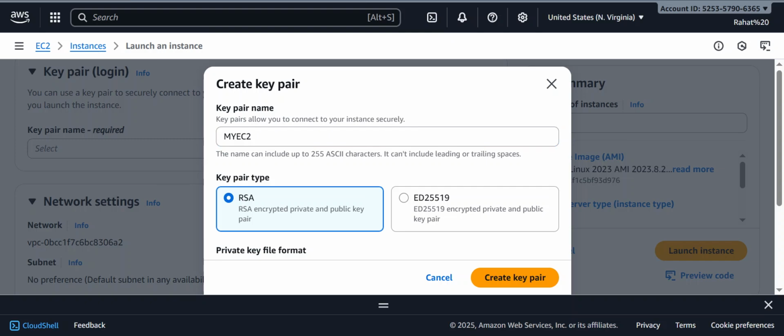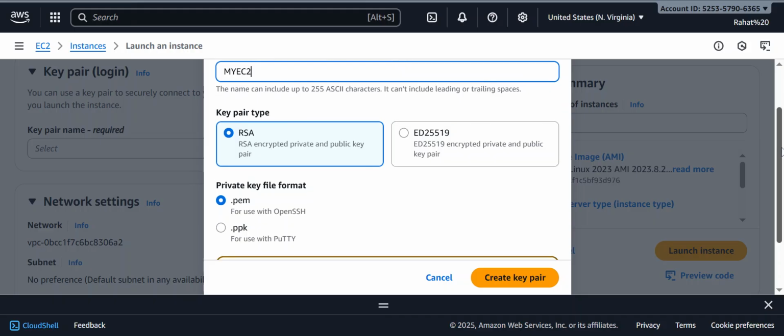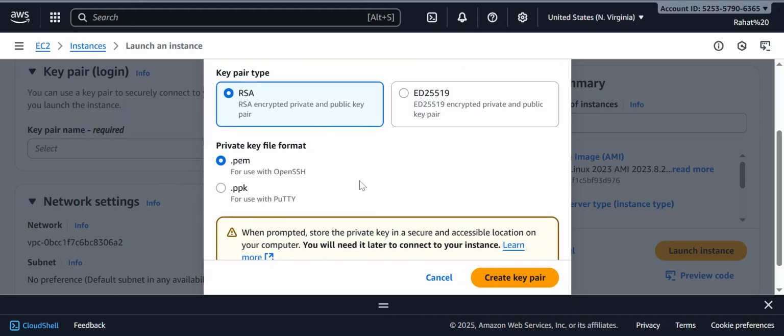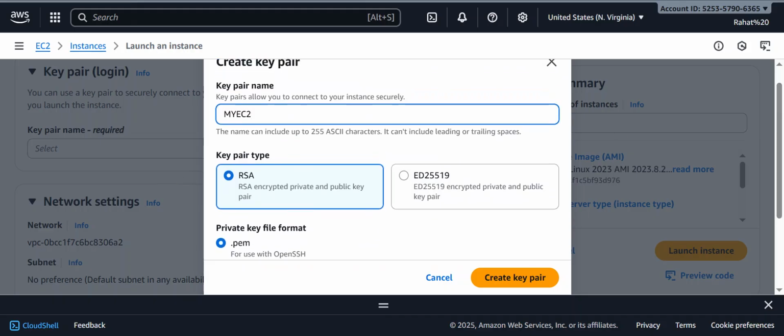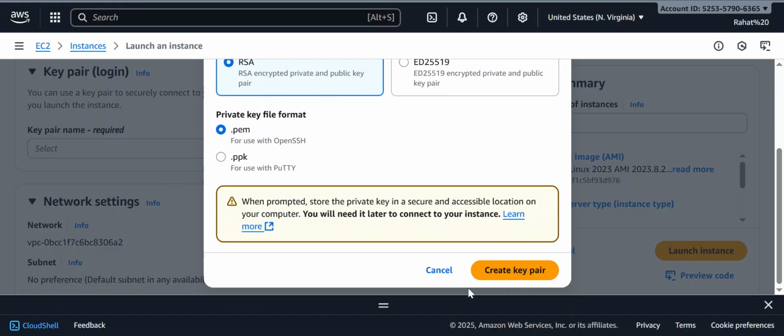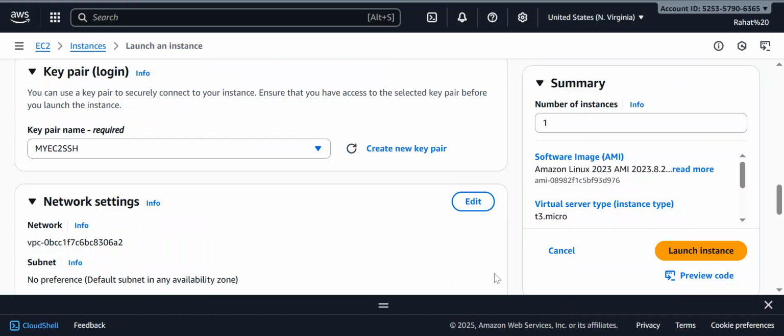And you see there are different options, which is RSA and ED. We just choose the RSA encryption, and then we use this .pem, which is for SSH. Okay, and then we just need to create the key pair. So it just downloads a file